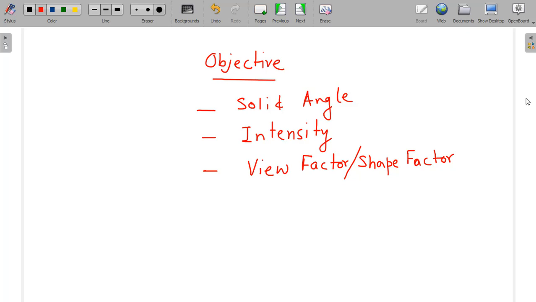In this lecture on radiation, we are going to study the directional nature of the radiation, and we are going to learn very important concepts like solid angle, intensity of radiation, view factor or shape factor. So till now, whatever we have studied, we have seen that suppose if this is a surface, and from that